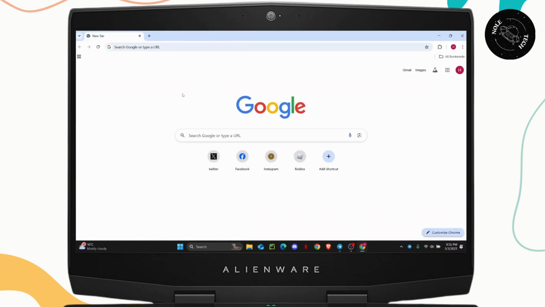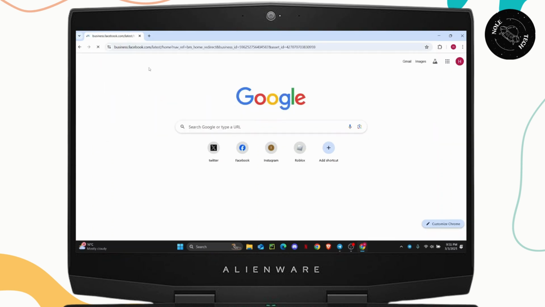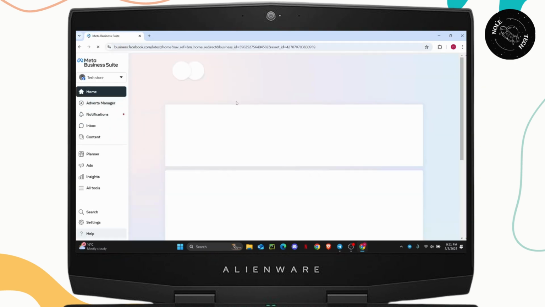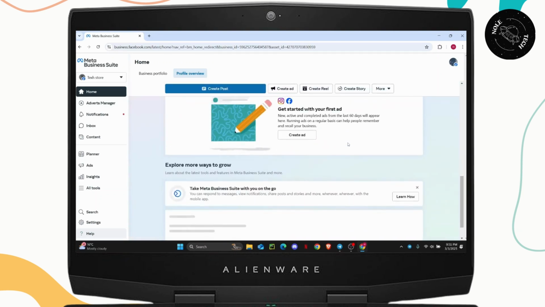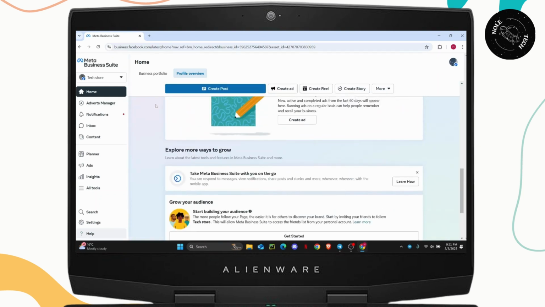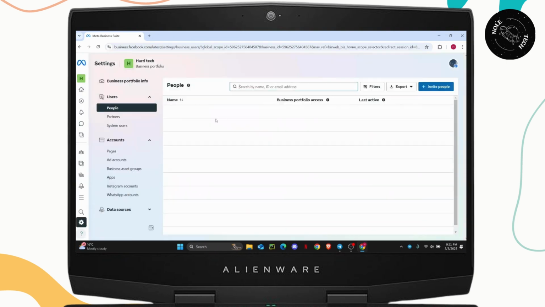So the very first thing you want to do is open up any web browser on your computer and then simply search for business.facebook.com. And then make sure to log into your account. As you can see here, I have already logged into my account, and under my business asset I actually have all of these pages. So what you're gonna do is click on this business settings and head over to the